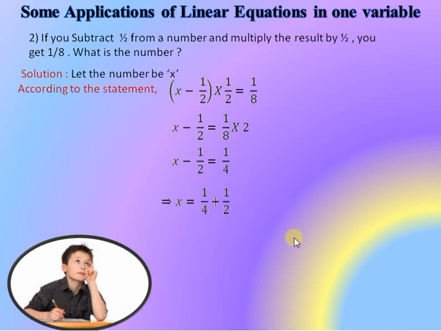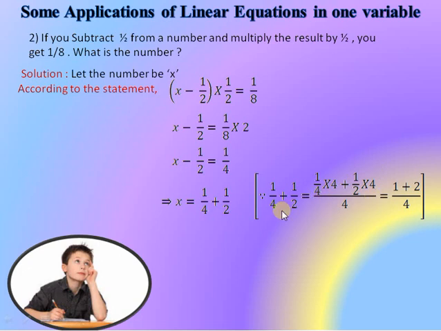Now the LCM is 4. The meaning of LCM: if we take 4 as LCM, 4 is the greatest number which is divisible by 4 as well as 2. Hence we took the LCM as 4. In each case you multiply the LCM with the given fractions in the numerator. So that is 1 by 4 into 4 plus 1 by 2 into 4.